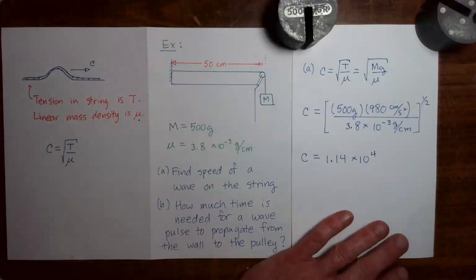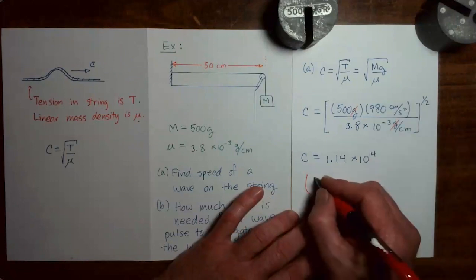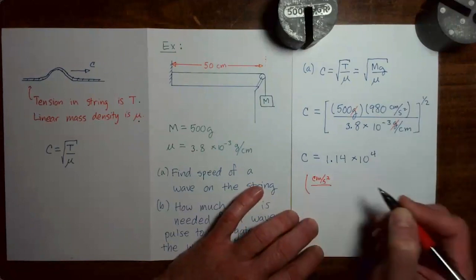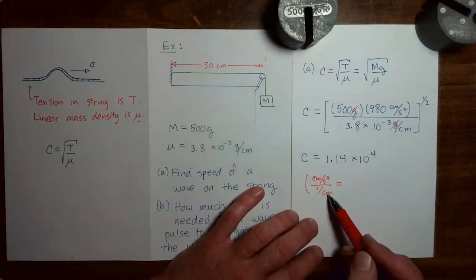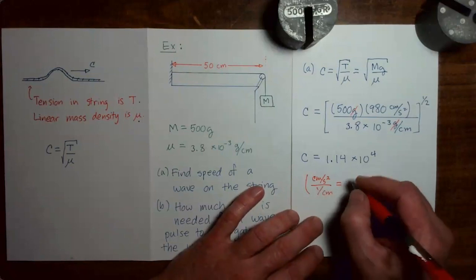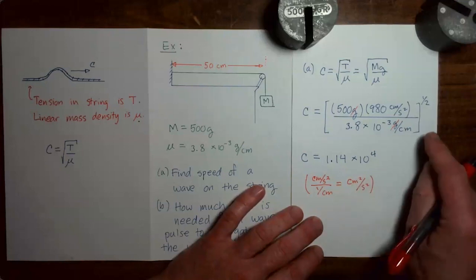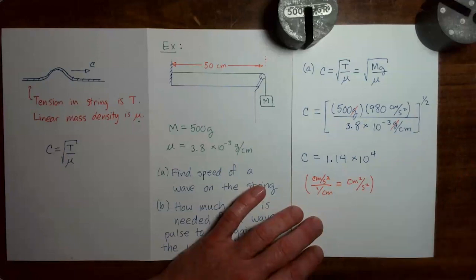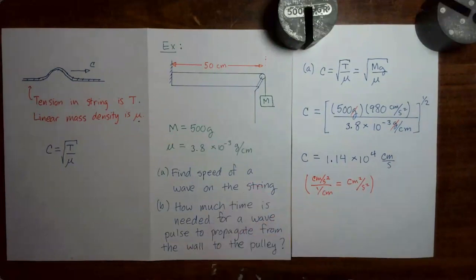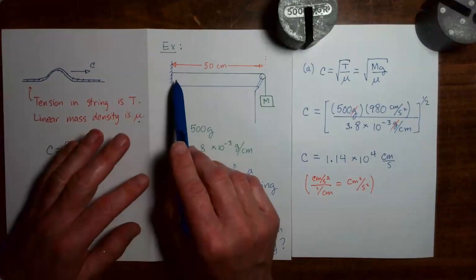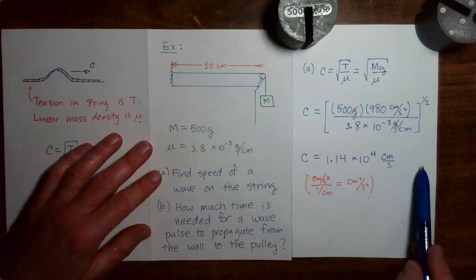Now let's check the units. Grams cancels grams. And if you look at what remains, we have centimeters per second squared in the numerator, 1 over centimeters in the denominator. So 1 over centimeters in the denominator flips up into the numerator. So we end up with centimeters squared over second squared in the numerator. And when we take the square root of this, we get as our final unit centimeters per second, as we would expect for a speed. So a wave created in this string would propagate along the string at 1.14 times 10 to the 4 centimeters